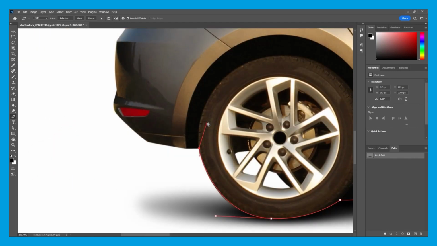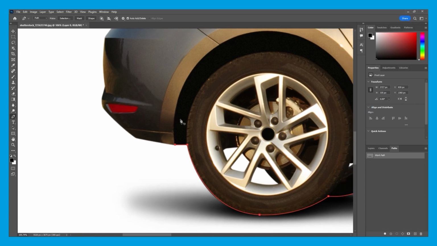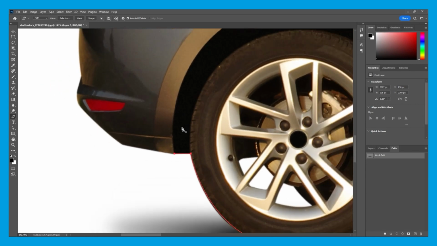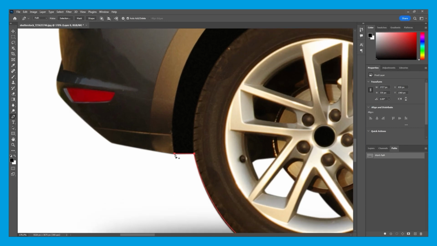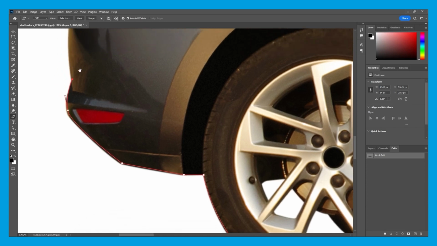So now I'm going to show you a few other tips and tricks you can use that will be very helpful. So let's say you come off the path accidentally like this, and this does happen sometimes. So this is a very helpful tip you can use. If I wanted to join it back up, if I hover over the anchor point and I see a little square box with two lines coming out either side, this means I'm going to continue the path. So when I see that icon, I want to click, and it will just continue the path for me like this.